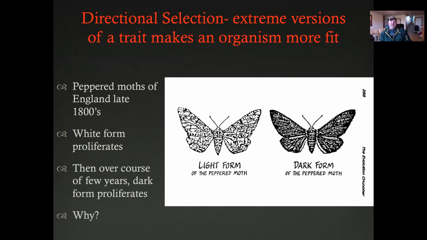Well, with the Industrial Revolution, all of the trees started to get soot on them, so they started turning dark in color. As they turned dark, the moths became more visible to predators, and they started getting eaten. That leaves behind the dark colored moths, and now if you're a dark colored moth, life is good. You have better reproductive success, and you're more likely to survive.